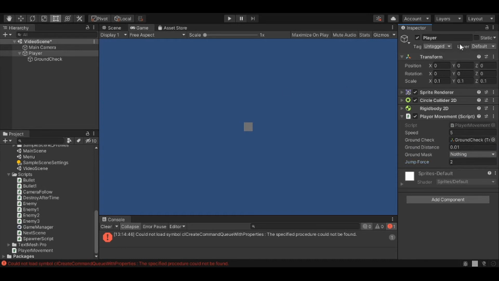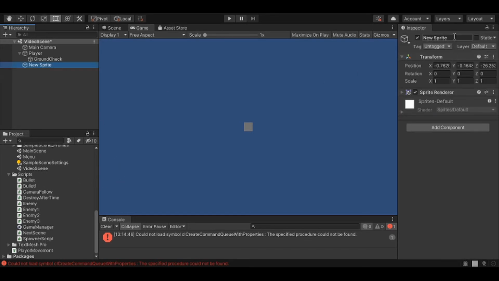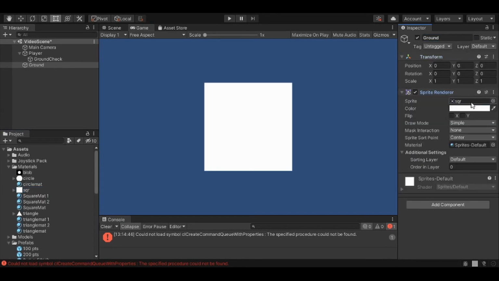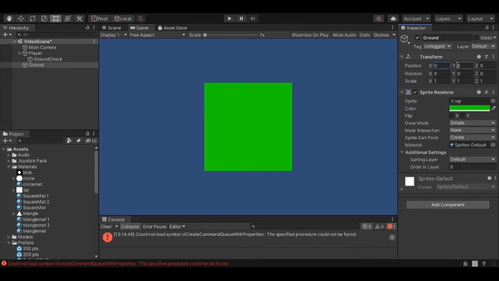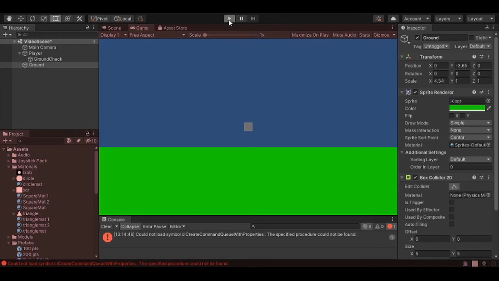We will also add a layer and call it ground. Right click in the hierarchy again, create a 2D object and then sprite, and we can call this ground. Reset the transform, and then find a sprite you want to use, and we will make this green for like grass or something. Let's move it down and scale it up. And what we also want to do is add a box collider. Now if we click play,